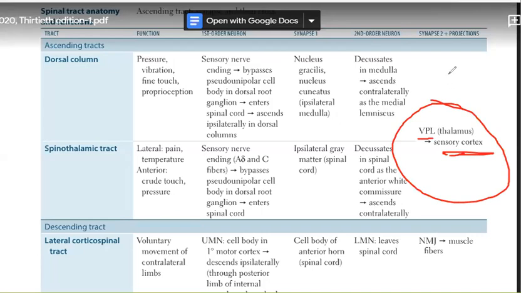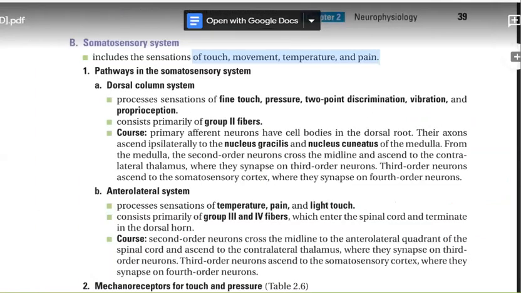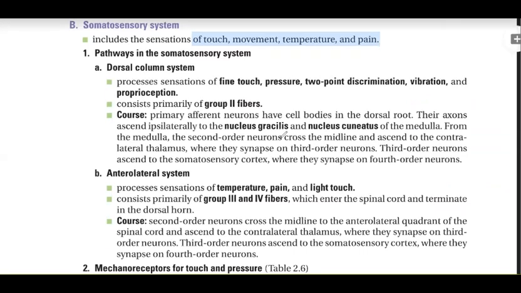Okay, let me take you to this. Let me clear this. So we have read both of these tracts. Okay, let's give it a read from BRS 2. Okay, in the BRS book,